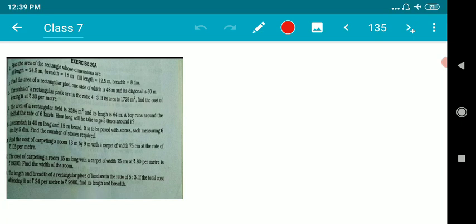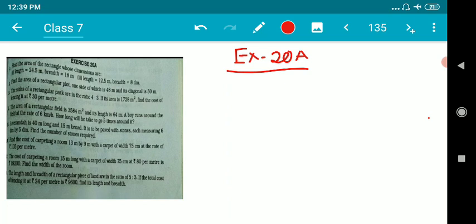Children, as we are over with the maths NCERT book, so far we have completed the chapter mensuration. All the sums from the chapter mensuration we have done. So in this video, we are going to understand some more questions on mensuration from the book R.S. Agarwal. Here the exercise is 20A, and some very important questions which I have chosen to explain, that is question number 6. So let's start understanding question number 6.